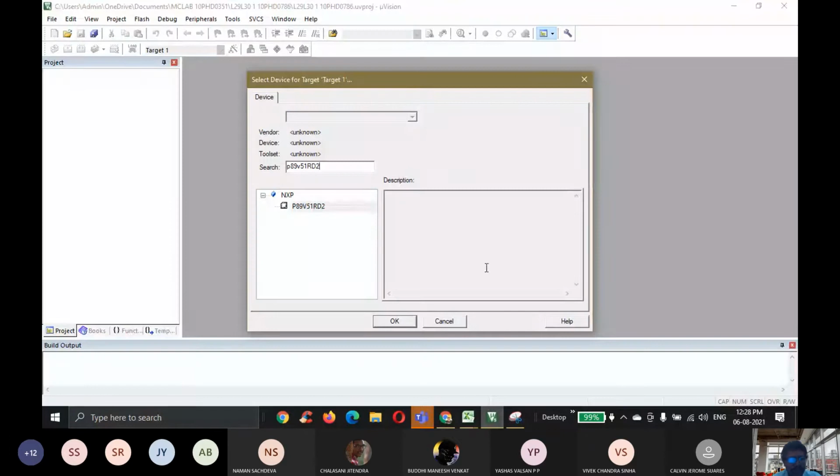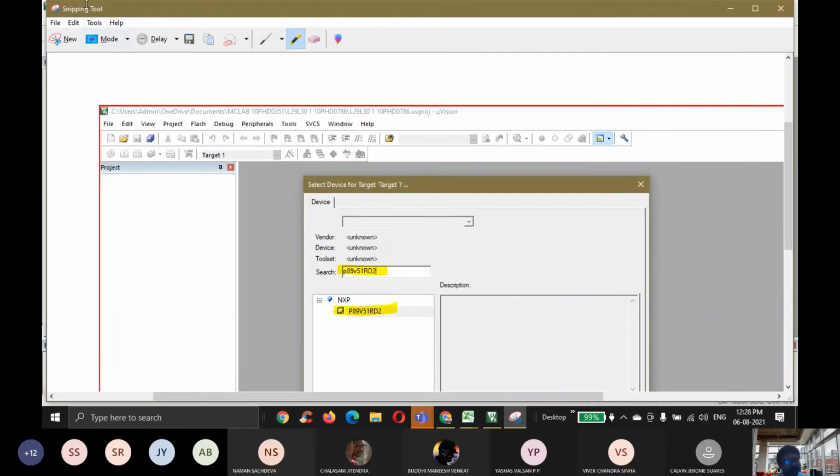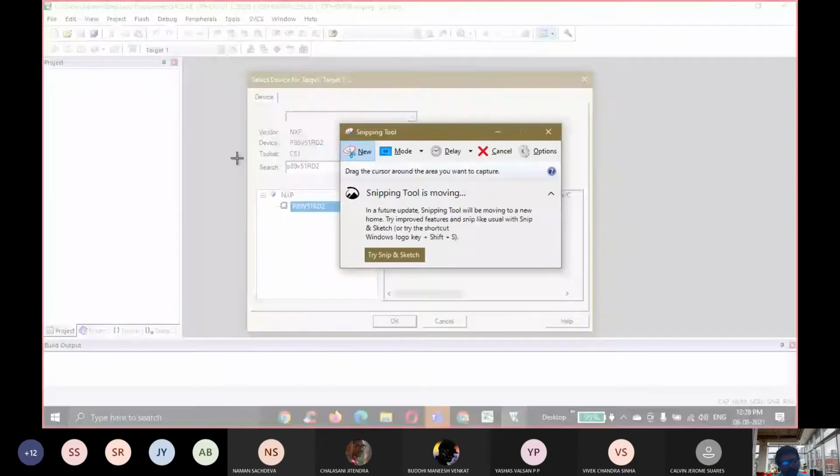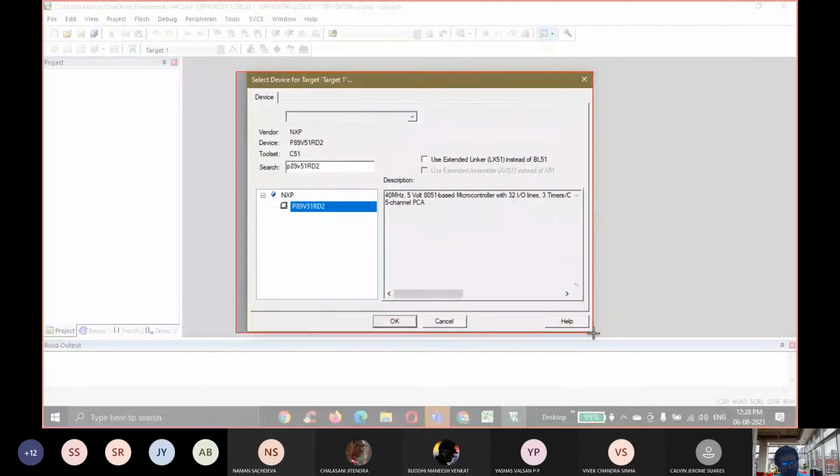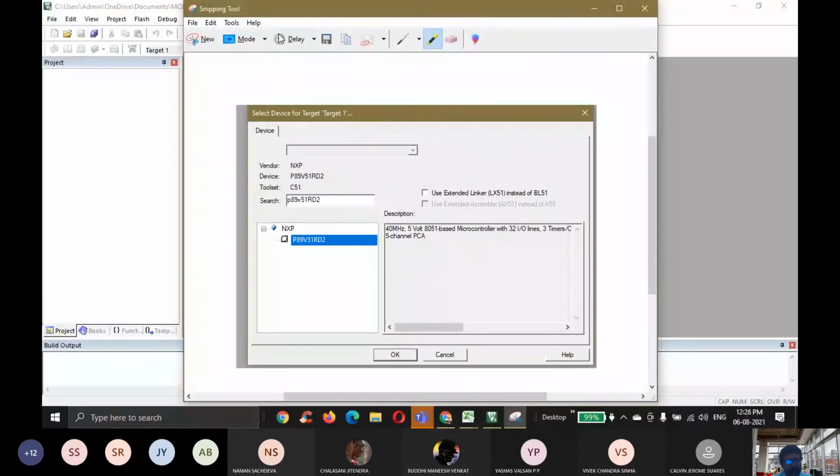For each vendor, there will be such a page. For our laboratory, we are going to use this particular IC. So what is the specialty of this IC? If you click that, you will get this information. 40 megahertz is the frequency, a 5-volt IC, CMOS 8051 based microcontroller with 32 input-output lines and 3 timers.